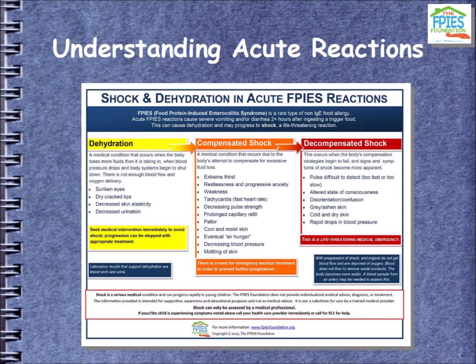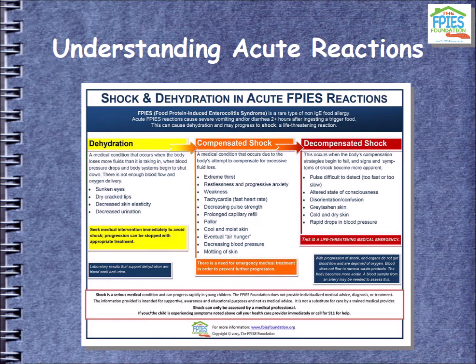So the first thing we're going to look at is understanding acute FPIES reactions. FPIES is rare, so it's really important for people to get the education they need in knowing how to identify these reactions, since they may not be really familiar with how they present. Acute FPIES reactions can cause severe vomiting and/or diarrhea 2 or more hours after ingesting a trigger